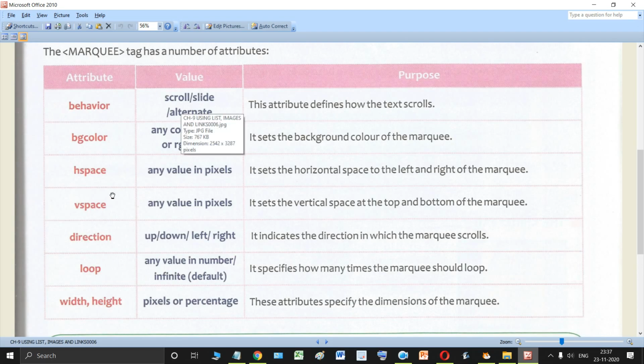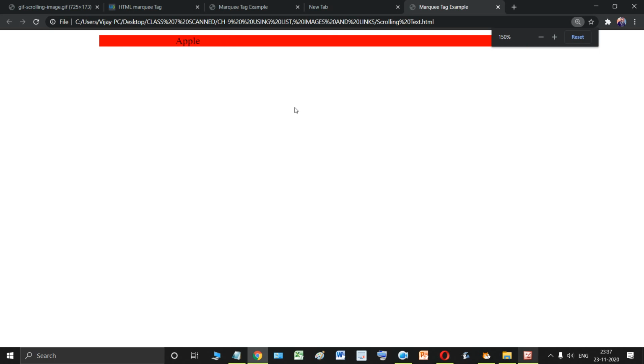The next attribute is the V space. V space stands for vertical space. So it sets the vertical space at the top and the bottom of the marquee. So let me show you. I'm just zooming out, or let me show it at 100% only.